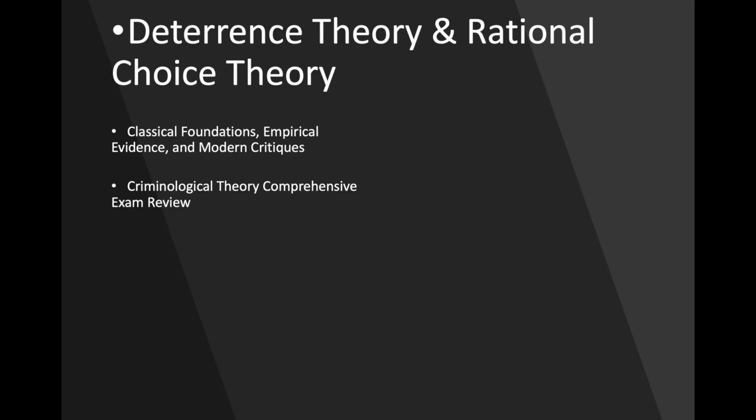Rather than beginning with pathology, poverty, social disorganization, peer influence, or strain, deterrence theory begins with a relatively simple idea. People can be discouraged from crime if the expected costs of offending outweigh the expected benefits. That basic idea has shaped centuries of criminal law and criminal justice policy. It influences how we think about policing, sentencing, incarceration, probation, parole, the death penalty, drug enforcement, terrorism, corporate crime, and even everyday rule compliance.